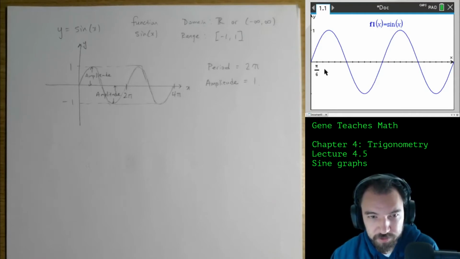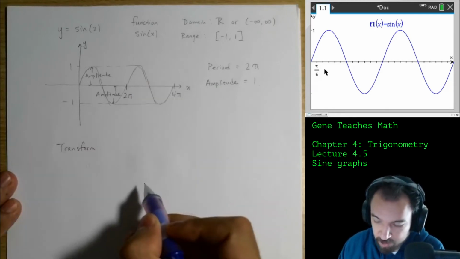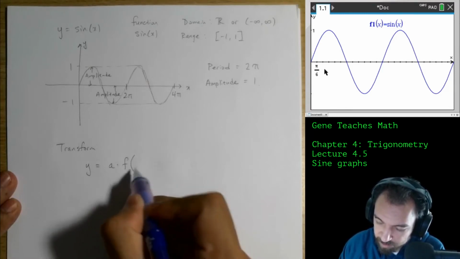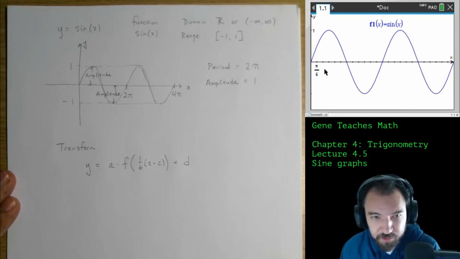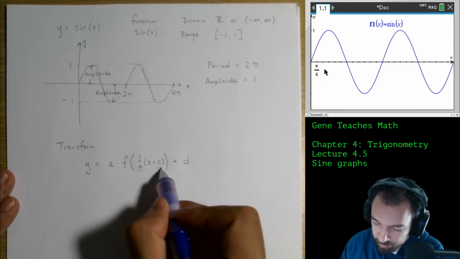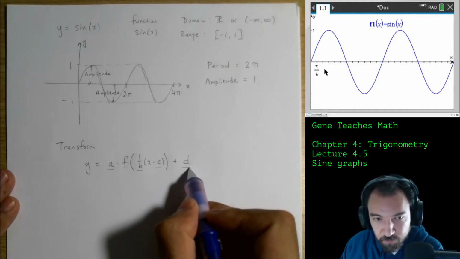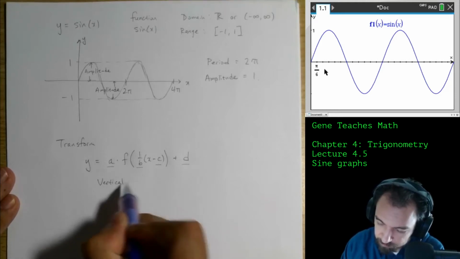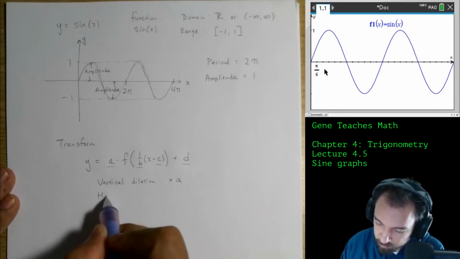Well, we spent an entire lecture talking about how to transform graphs. So let's apply those techniques here. If we would like to transform this graph, remember there was this form y equals a times the function f of 1 over b times (x minus c), plus d. We said if I look at the inside part, that's going to transform the x-coordinate. The outside part is going to transform the y-coordinate. And we said there is a vertical dilation times a, so that's the numbers right there. There's a horizontal dilation